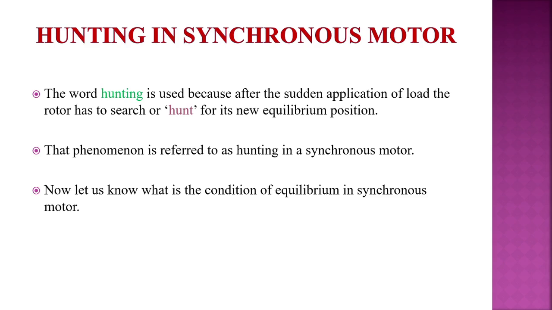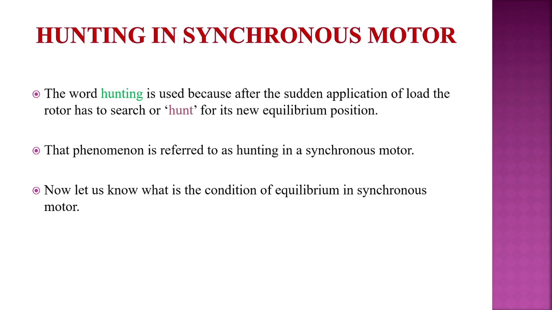So, whenever a synchronous motor is loaded, the rotor poles will fall back by a certain angle called the load angle, represented by delta, which is behind the poles of the forward rotating magnetic field. So, if the load is suddenly thrown off, the rotor poles will be pulled into almost exact position to the poles of the forward field. But due to inertia of rotor, rotor poles will travel too far. Then they are again pulled back and so on. So an oscillation will be set up about the equilibrium position corresponding to the new load. So the oscillation of rotor about its equilibrium position is called hunting.